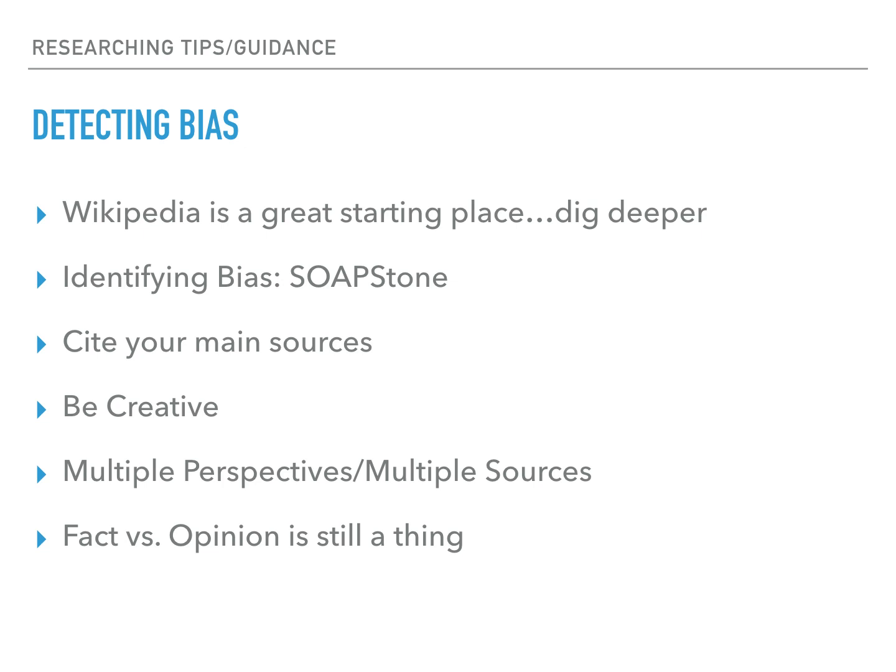The acronym here, SOAPstone, may help you in your analysis. The initial S being, are you able to identify who the speaker is? It may be an institution, it may be an individual. What is the occasion for which they have created this source of information? Who is their audience? What is the purpose for the writing? And also, what is the subject of it? Lastly, tone. What is the tone of it?